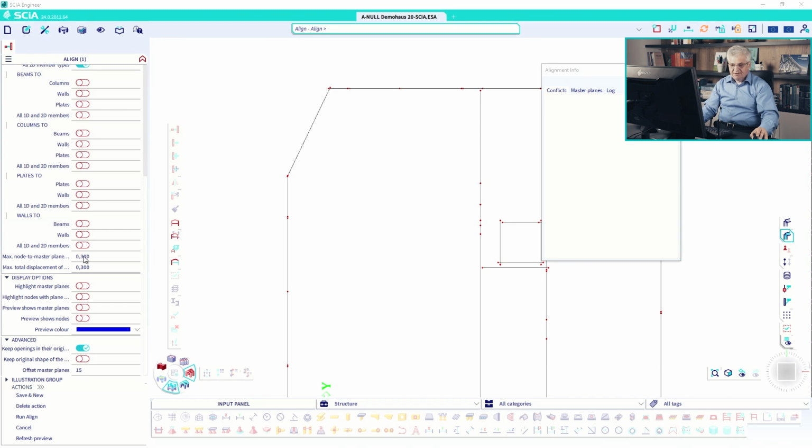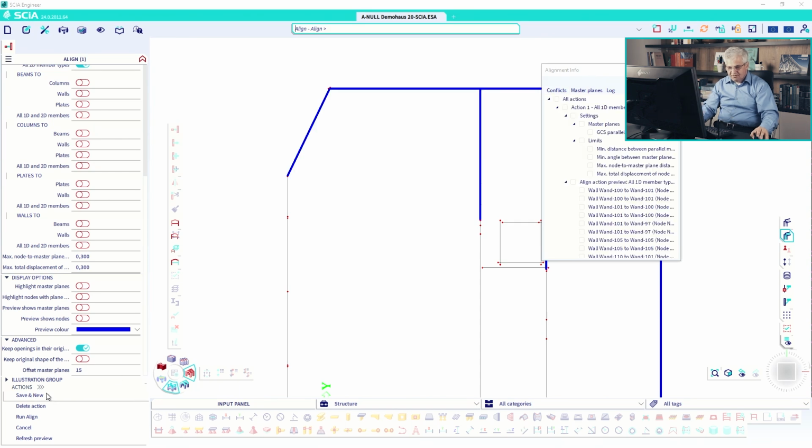So you see, I have changed this value, and this is automatically changed because the distance of the movement cannot be shorter than the distance where SCIA Engineer is looking for the node. So this one has the same value as the first value or higher, but cannot have a smaller value. So try to save it, and